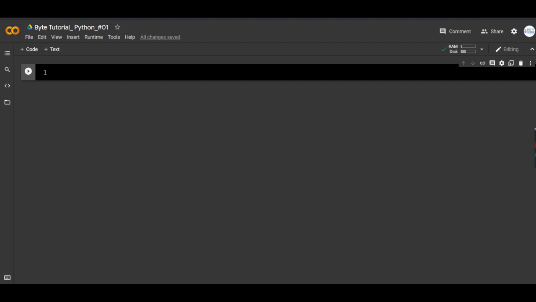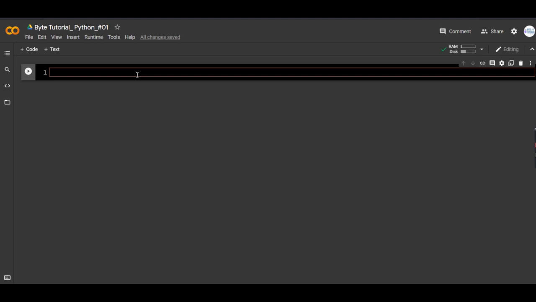Let's get started. Our first command is the print command. The print command is used to show the result to the user. So it is very simple. You just write print in the small brackets or parentheses. You can write your sentence, statement, words, letter, anything, like I am writing hello